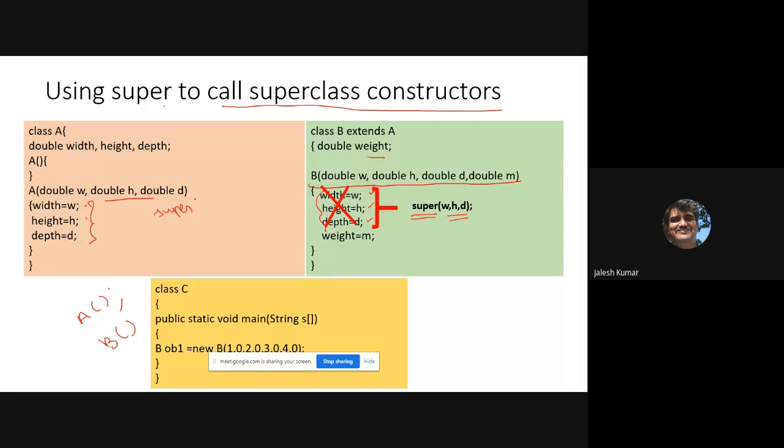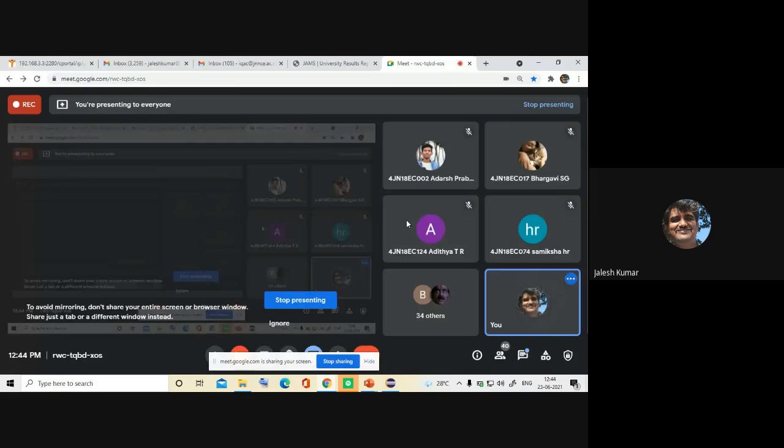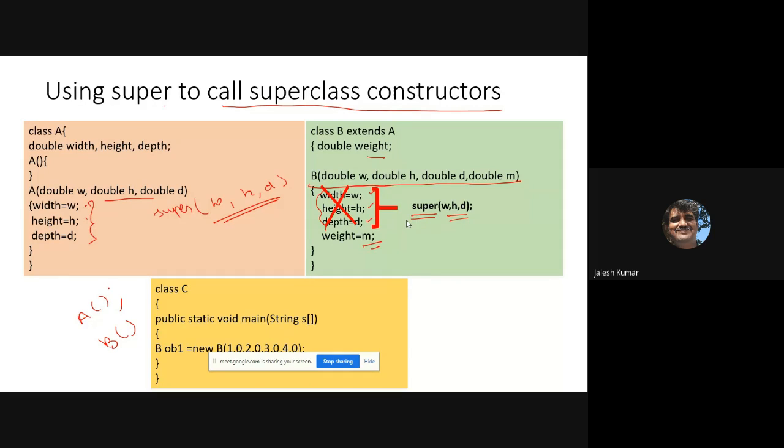This indicates super(W, H, D); you are transferring them to our base class. And only weight is defined inside B, so you are initializing that. Other things you are passing to super. So from our subclass, we are passing to our superclass constructor. That is the first property, how you can utilize super to pass the information to its superclass.